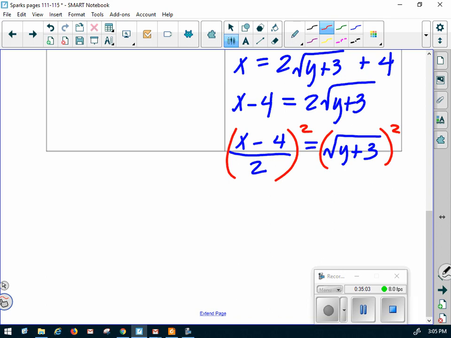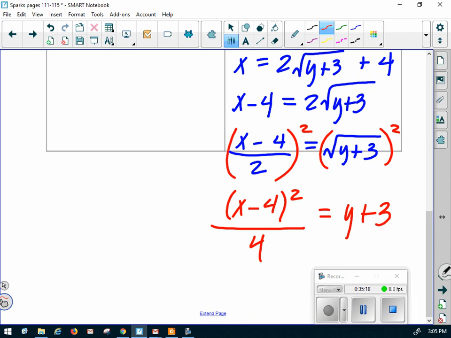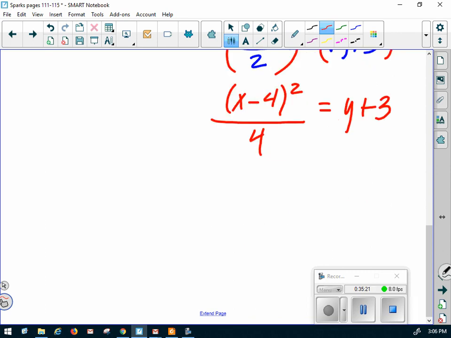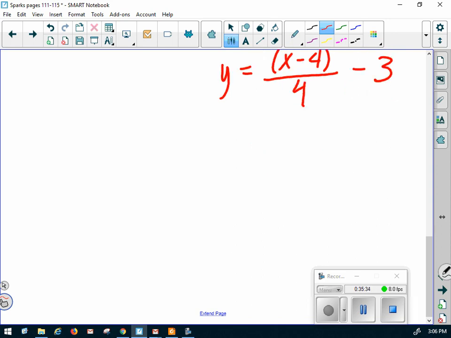Now let's think about this. I'm going to have to play with this at some point, but I'm not going to play with it yet. I am going to write it like this. This is x minus 4 quantity squared divided by 2 squared, which is 4, equals y plus 3. So y equals x minus 4 quantity squared divided by 4, minus 3. This was g, wasn't it? G inverse of x equals